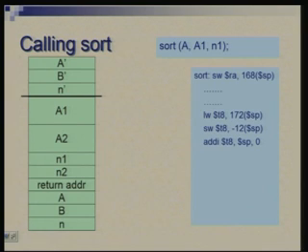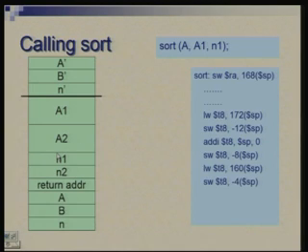Next we look at the contents of the stack pointer, which is pointing to the top of the activation record, which means the address of A1, that is brought to T8 and stored at -8 offset, that is this position. Then we look at the value N1, which is at 160 offset, and store it at -4 offset.